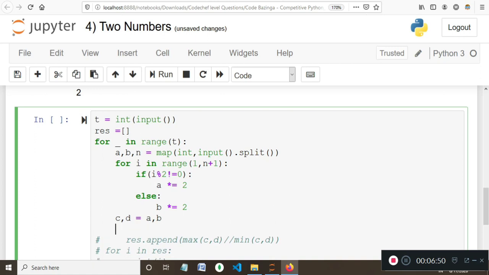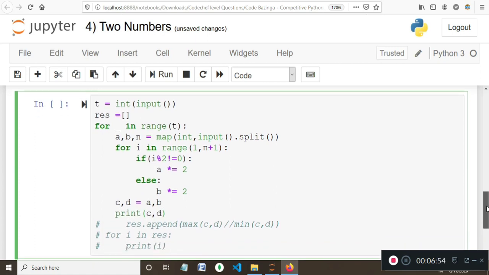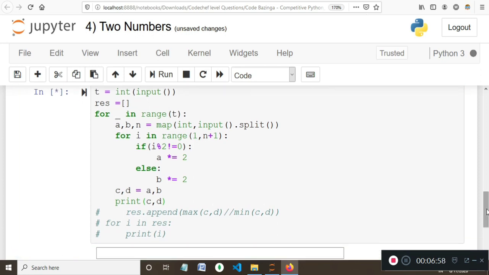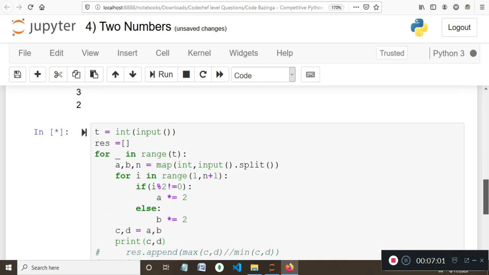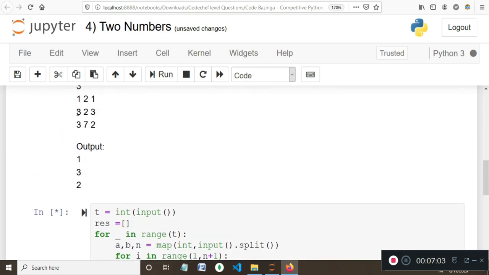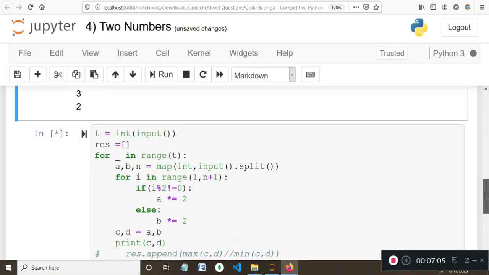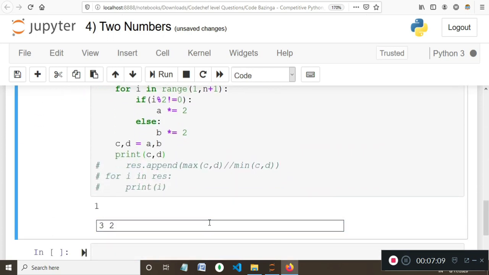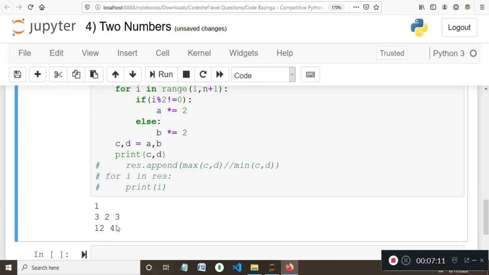Now before this, let's try to print C and D to check that the procedure we followed is correct. I'll take one sample case, say 1. I'll take the values of this sample case, 3 2 3. The C and D that we got were 12 and 4.